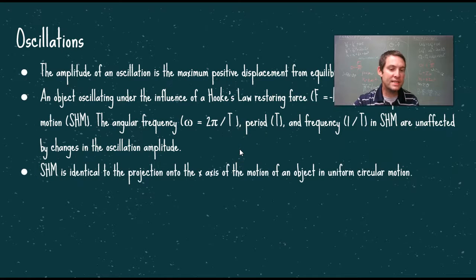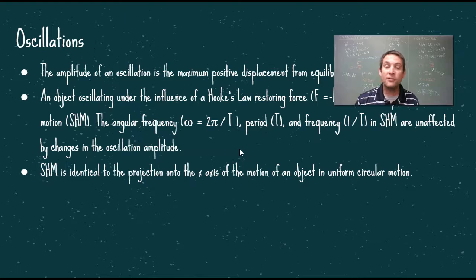Simple harmonic motion is identical to the projection onto the x-axis of the motion of an object in uniform circular motion. So if an object is going in uniform circular motion and you were to plot one point of uniform circular motion on a position versus time graph, it's going to be an identical graph to an object in simple